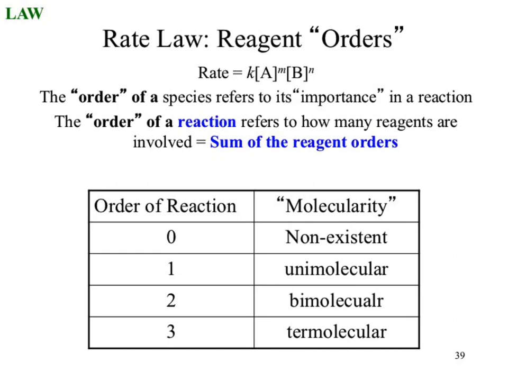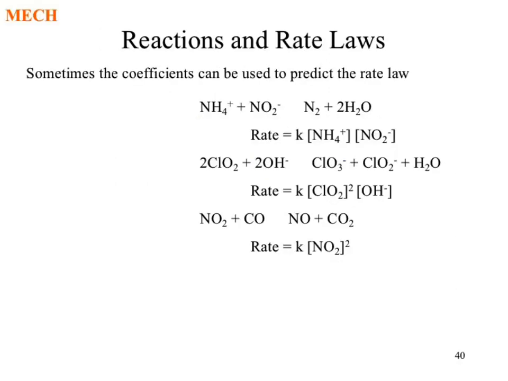Zero order, non-existent. Has nothing to do with the reaction, so we don't even talk about it. First order becomes unimolecular. Uni for 1, and molecular. Second order, bimolecular, because there's 2 molecules. Third order, termolecular. Okay? It's just trimolecular, that's fine. Okay? Then you went through and probably looked at reactions, and if we looked at the orders of